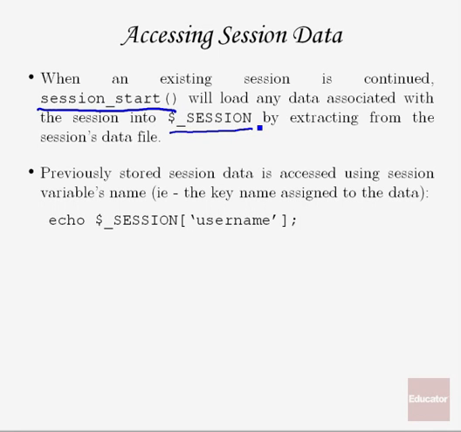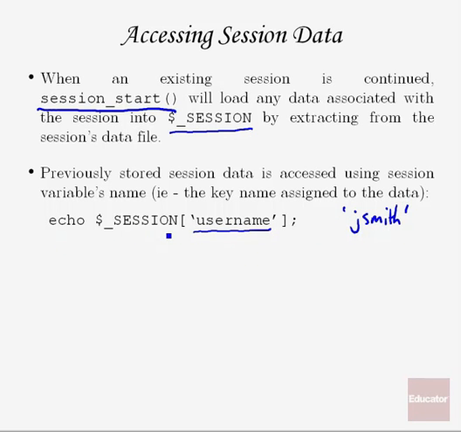So any variables we've previously set, for example the username variable, we're now going to have access to. The way you do it is the same way you would access any other associative array or superglobal. You have the name of the array, and then using the square bracket syntax you specify the variable's name. So our session variable username, which we associated with the value jsmith, when we call this echo statement on a script where we've already called session start and previously set the username to jsmith, this statement is going to echo the string jsmith,